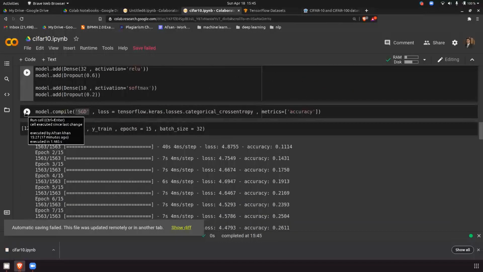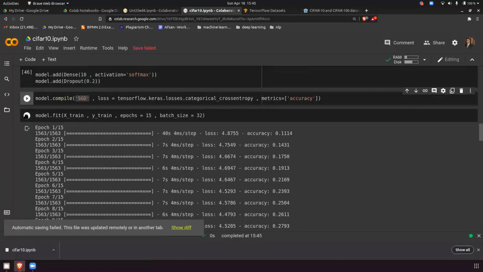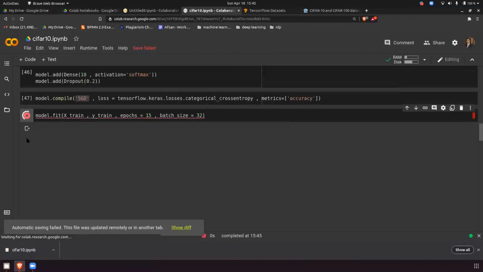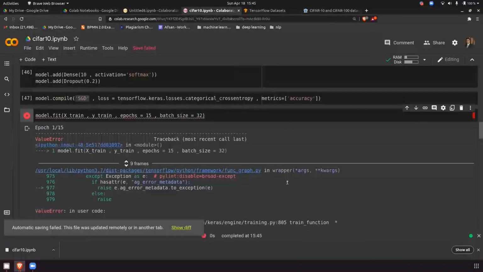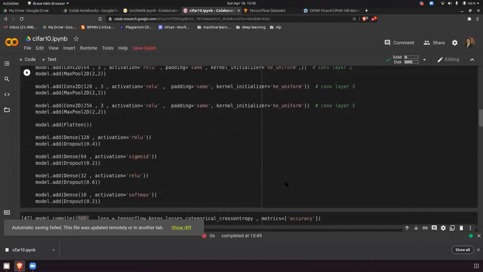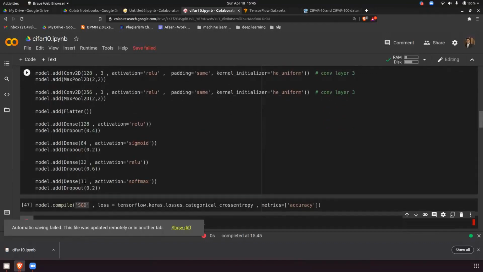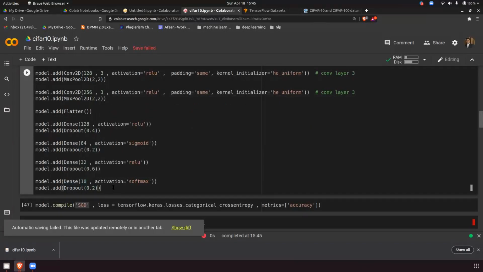Let's see what we get. Run this and run this. It will throw an error. Can anyone tell me why it's showing an error? Maybe because of the last dense layer. The output dense should be correct, right? A digit is from 0 to 9, so 10 values are there in the output. With MNIST the value is between 0 and 9: 0, 1, 2, 3, 4, 5, 6, 7, 8, 9. So basically 10 outputs. It's correct.